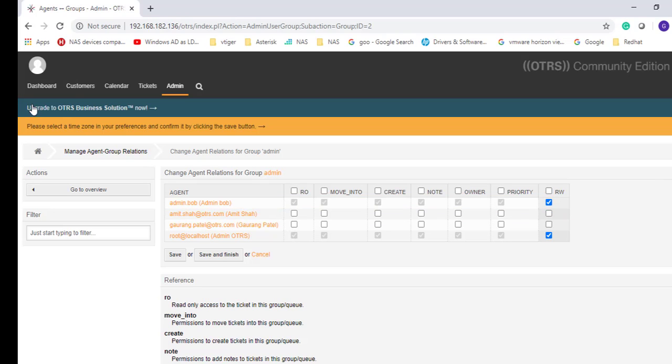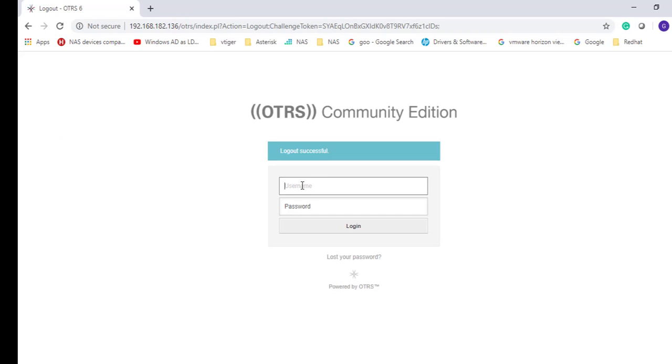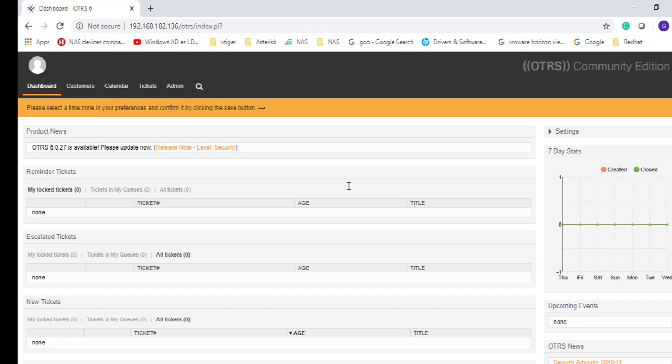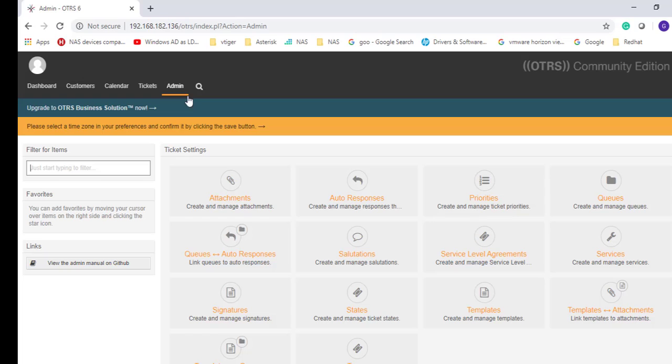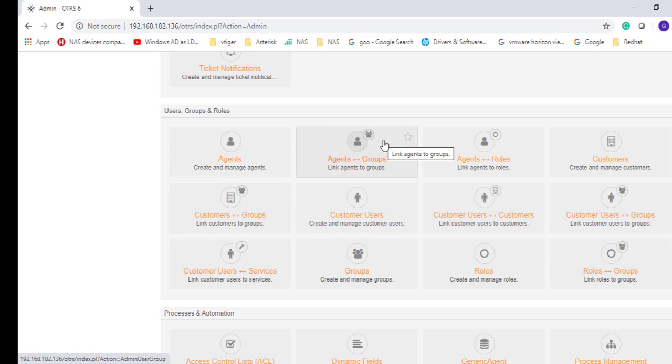So let's log out and log in with another agent, admin.john. Successfully logged in. Admin.john is able to log in successfully. And let's check the agent group.